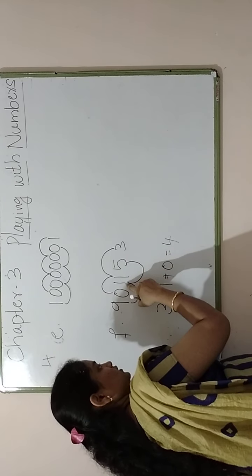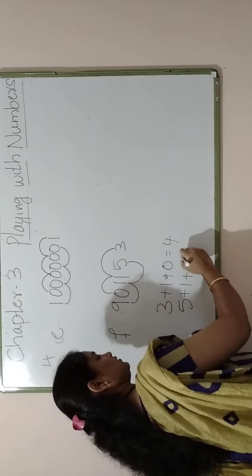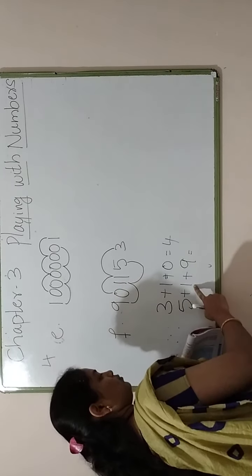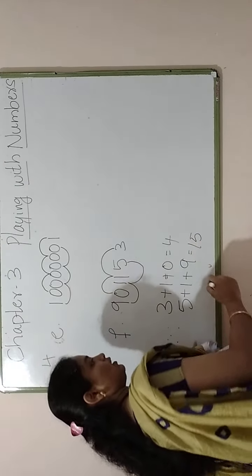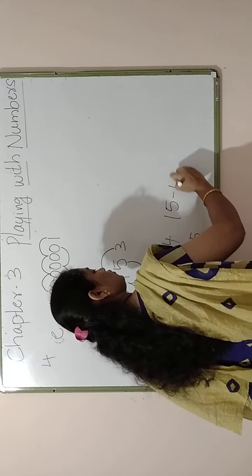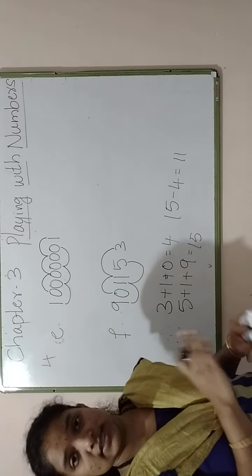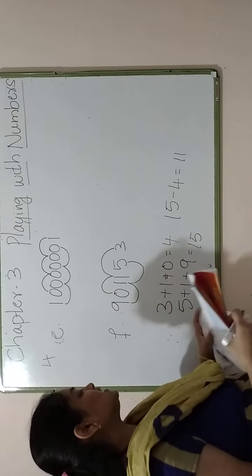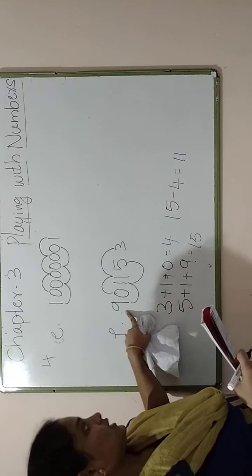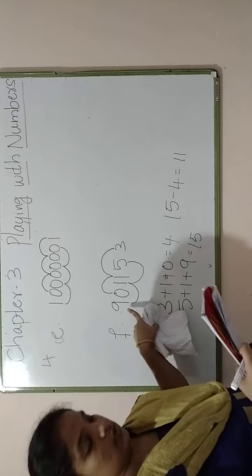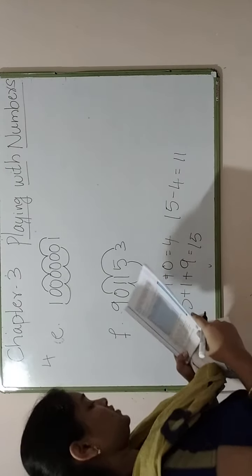5 plus 1 plus 9, so that is 10 plus 5 is 15. Now 15 minus 4 is equal to 11, and hence this number is divisible by the number 11. At the last you have to write one conclusion: that this number is divisible by 11. You have to write that line. So that is done with question number 4.